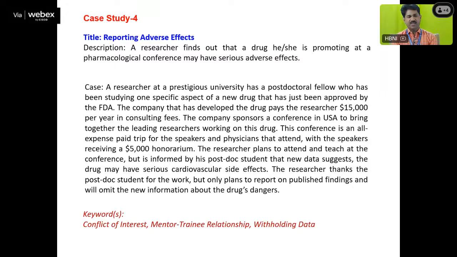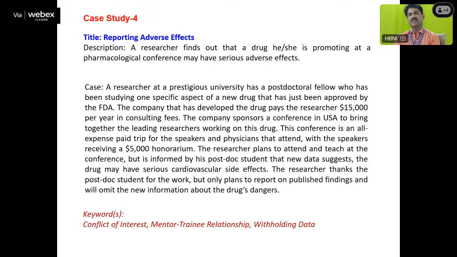The company sponsors a conference in the USA to bring together the leading researchers in that particular area. This conference is an all-expense-paid trip for the speakers and physicians that attend, with the speakers receiving about $5,000 as an honorarium. The researcher plans to attend and teach at the conference, but during this time, everything has